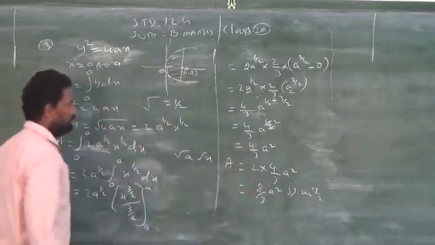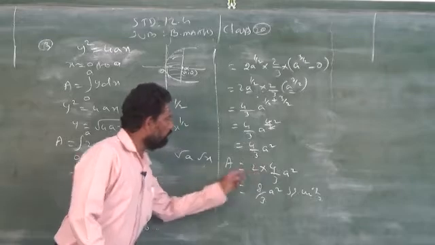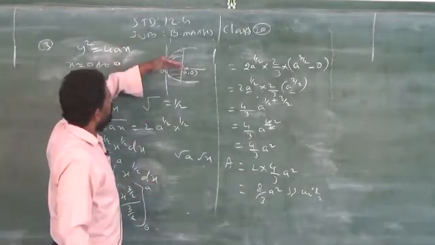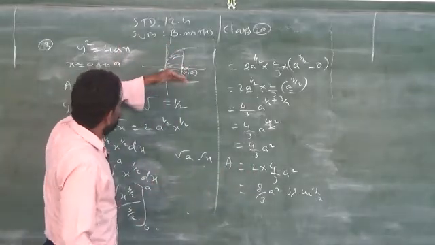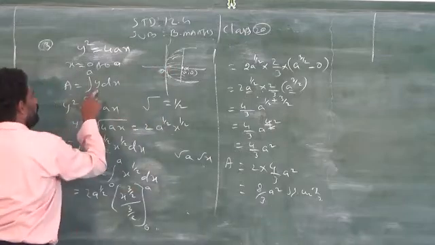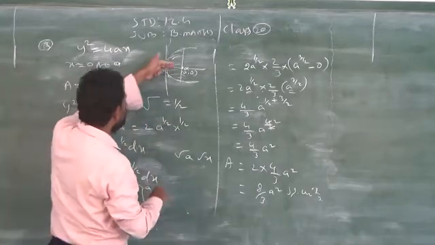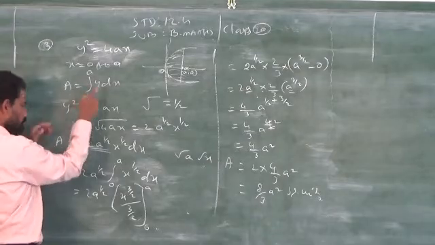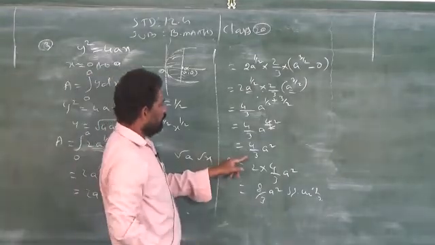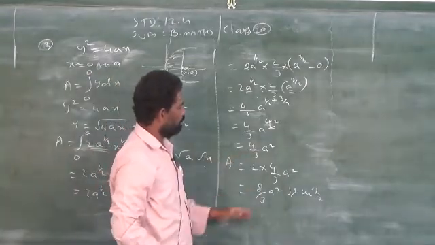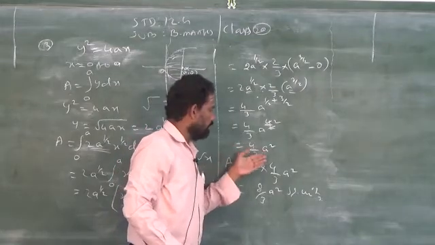I got this answer. Why am I multiplying this by 2? Because one part is above the x axis, another one is below the x axis. For the part above the axis, I use y dx. If you use the part below the axis, you have to take minus y dx. You will get the same answer. Then you add 4 by 3 a square plus 4 by 3 a square, and you get 8 by 3 a square.